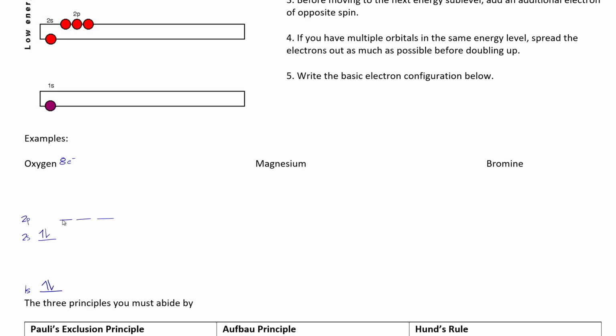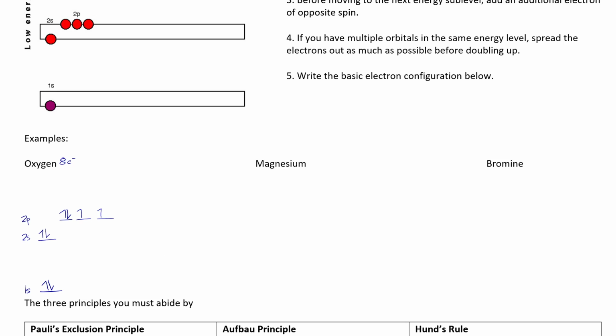Okay, so before I double up, I have to go 1, 2, 3. They spread out as much as possible, and then they will double up, right? It's kind of like students getting on a bus. Everybody will grab a window seat first with nobody beside them, and then when there are no empty seats left, people will start doubling up, right? So we placed 1, 2, 3, and now I have 1 left to place. I'll double up here, and so these are what we call unpaired electrons. These are my paired electrons, these are my unpaired electrons, and now I have actually done the energy level diagram